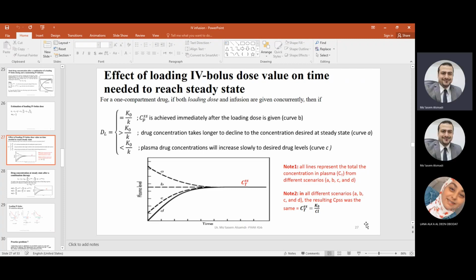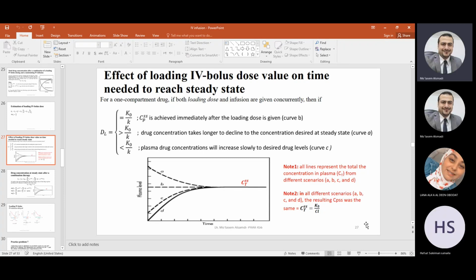The only case where we reach steady state immediately is case B, where the loading dose was the exact needed dose. In that case, Cp node was exactly equivalent to the Css, so I reached steady state immediately, and then I maintain the steady state by giving the IV infusion. And we see in the 3 cases, regardless of the magnitude of the loading IV bolus